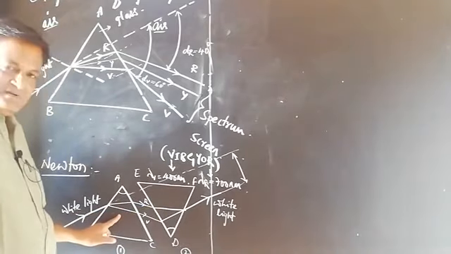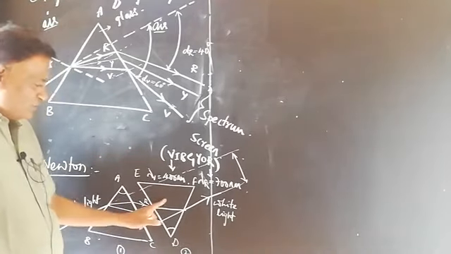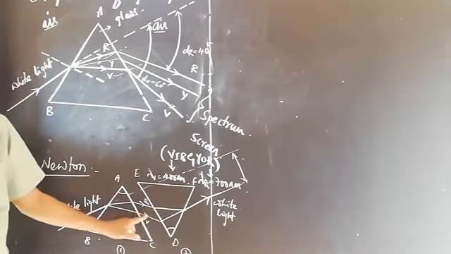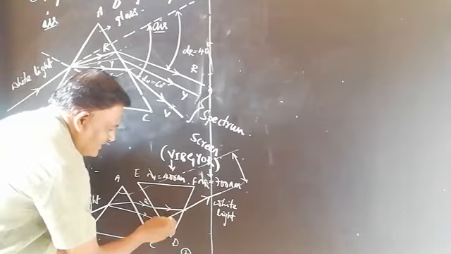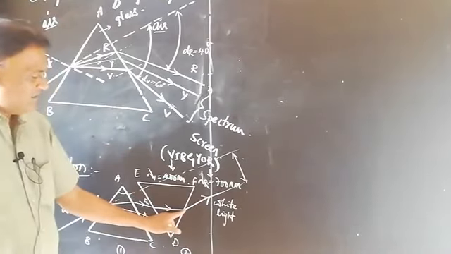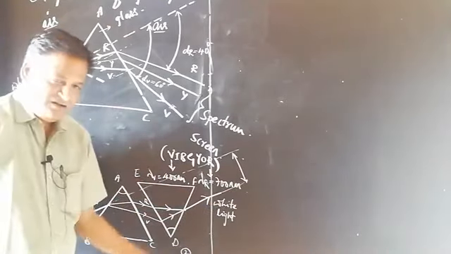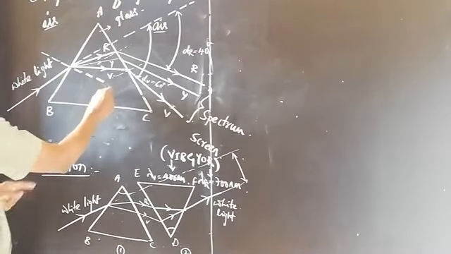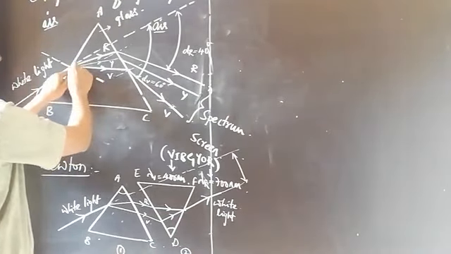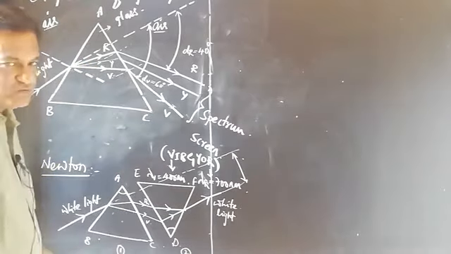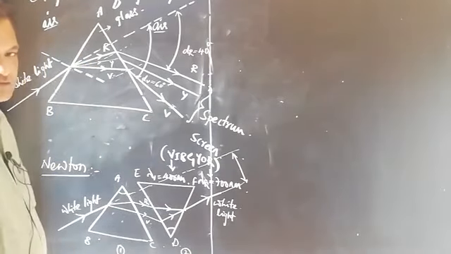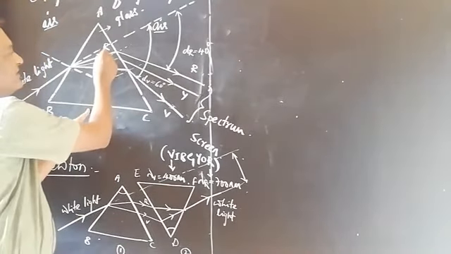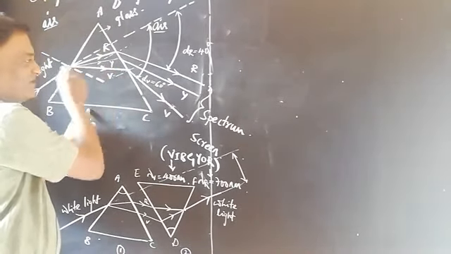That's why we have to consider the glass slab made up of two prisms. One prism decomposes the white light into constituent colors. The other prism recomposes the split colors of light, resulting in formation of white light. So here, what is the cause for white light to break up into 7 constituent colors when made to pass through the prism? As we know, the different colors travel with different speeds.